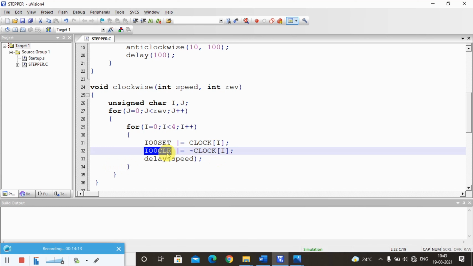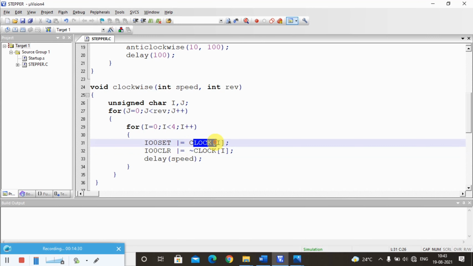Of course, that 1, 1 will be de-energized. In clear, 1 means it is going to affect, and 0 means there is no effect in the clear flag. That is why we are going to initialize it in clear. Don't put it in set, it is of no use. Okay, we are taking the inverse.